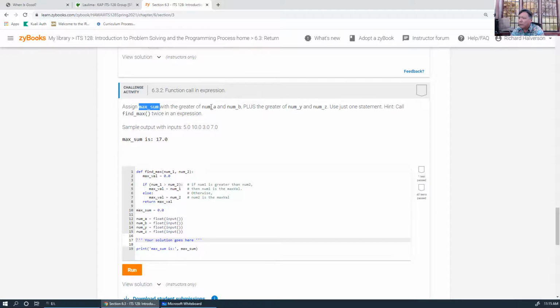Assign max sum the greater of this plus the greater of this. Use just one statement. Call max fun. All right, what's going on here? Okay, so we have num A, num B, num Y, num Z, and we're supposed to